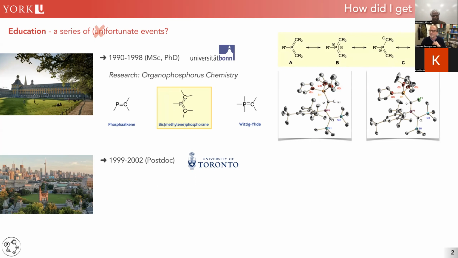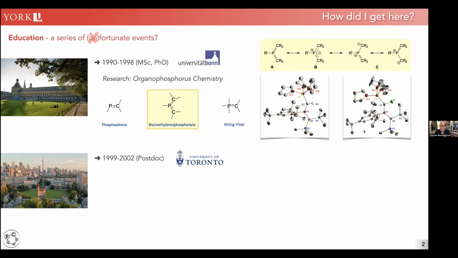This is a compound that people predicted you cannot make: a carbon-based molecule that has a lithium and a fluoride substituent, because lithium fluoride will form immediately and it will fall apart. But if you incorporate this into a phosphorus-containing background, you can actually stabilize it and even crystallize it, as you can see here. This is the crystal structure of one of those compounds. Very esoteric chemistry, but from a structural and bonding standpoint, quite interesting.